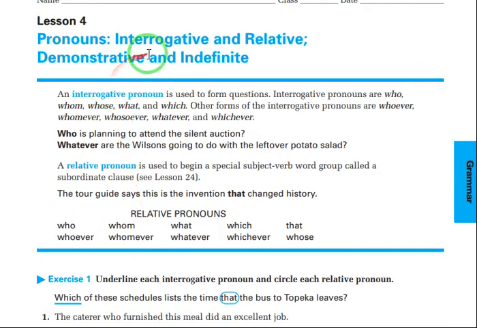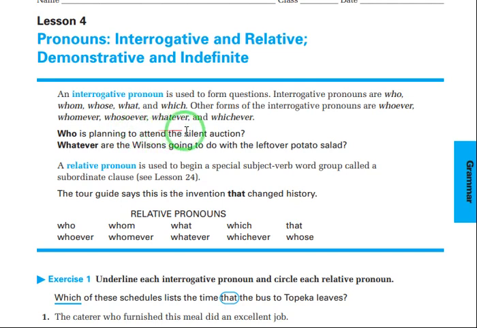We also have interrogative and relative, demonstrative, and indefinite pronouns. An interrogative pronoun is used to form a question. From its name, interrogative means question. Interrogative pronouns are who, whom, whose, what, and which. Other forms of interrogative pronouns are whoever, whomever,